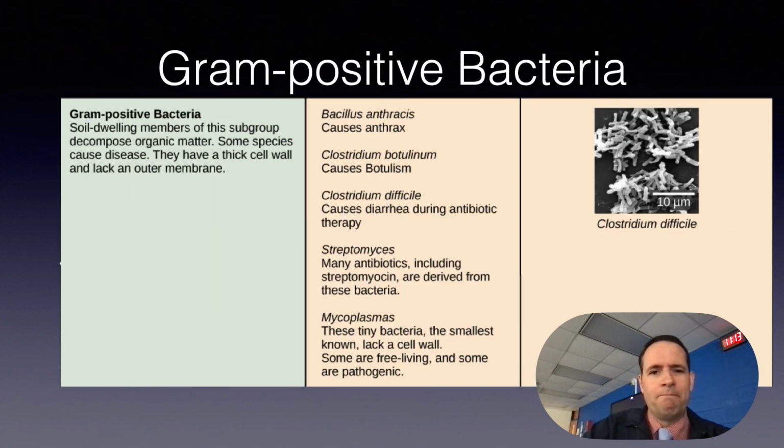Gram-positive bacteria is a type of bacteria that has a certain type of cell wall, and so it's positive when treated with this stuff called gram stain. All right, so it's got a pretty tough cell wall, so it's sometimes hard to kill. So we've got Bacillus anthracis, which is anthrax-causing bacteria. We have botulism, which is, again, a food poisoning kind of thing. This Clostridium difficile, it causes diarrhea during antibiotic therapy. And we'll talk more about antibiotics, but when you treat yourself with antibiotics, it kills all the bacteria.